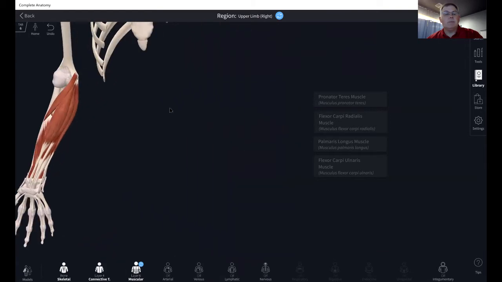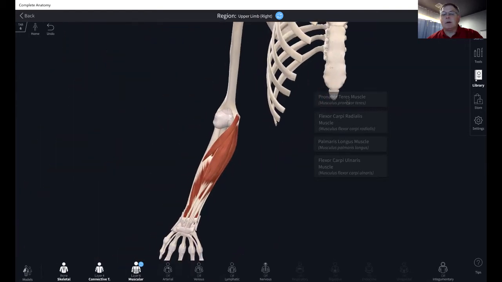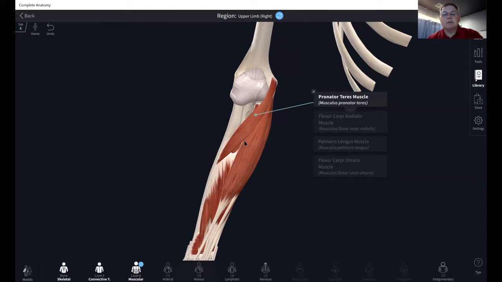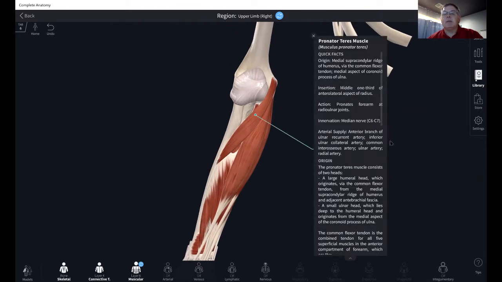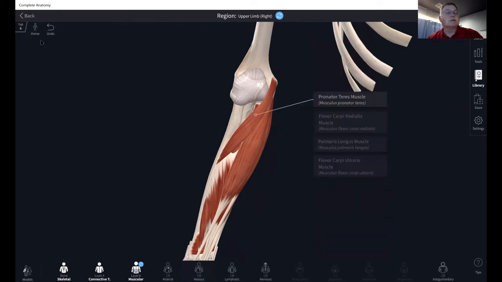So first one, Pronator Teres. Let me pull that information up. As you see, its origin, the medial supracondylar ridge of the humerus, and also via the common flexor tendon, and also on the medial aspect of the coronoid process of the ulna. So it's got a diverse